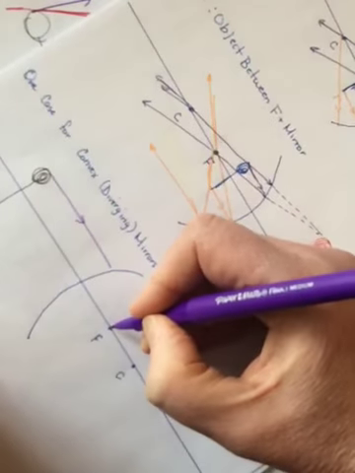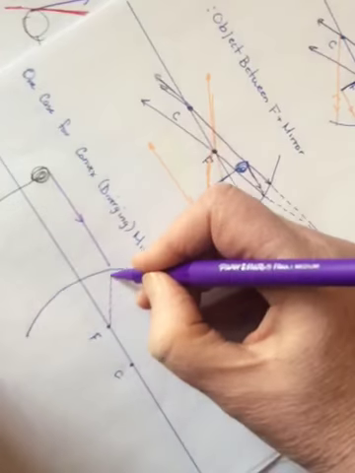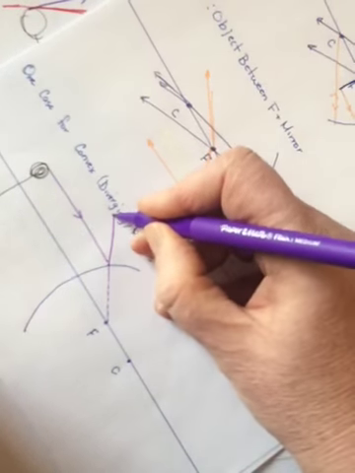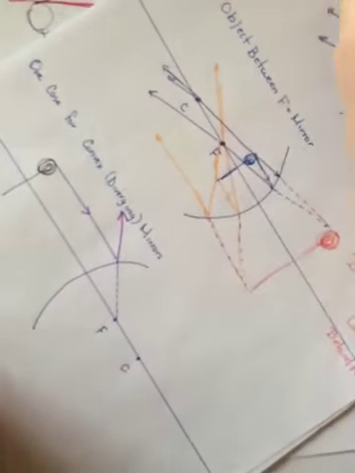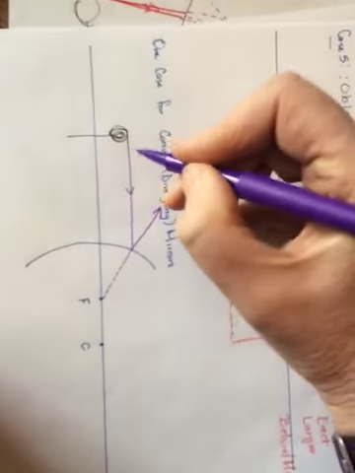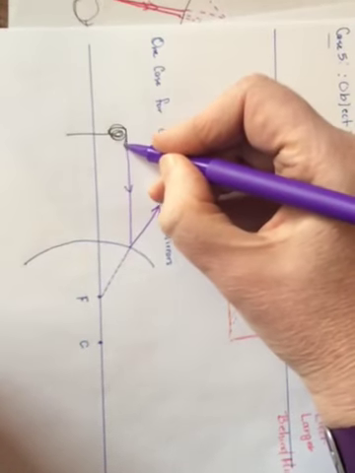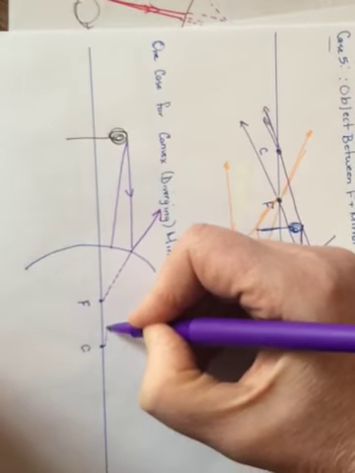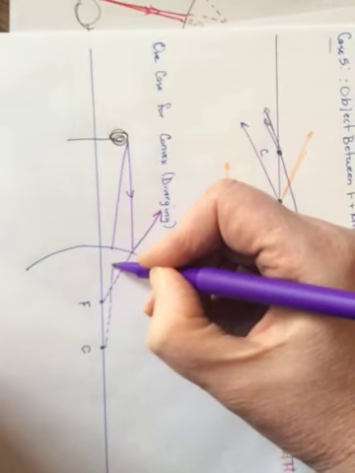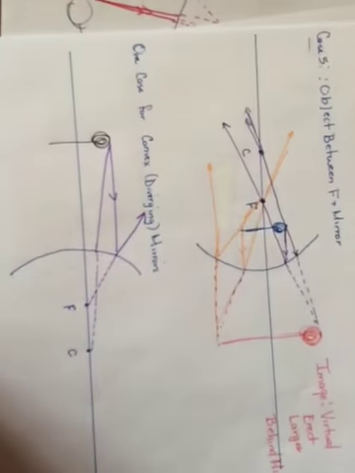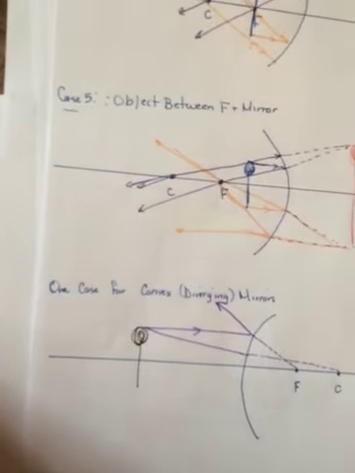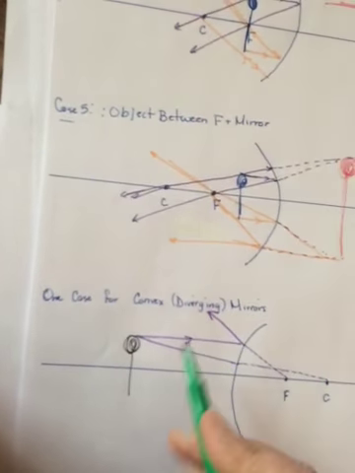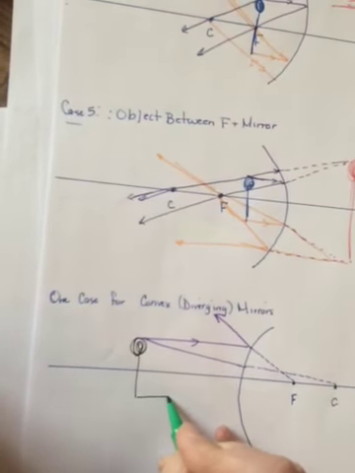We'll go out so that it looks like it's coming from F. And a ray coming in through C. And this one's really hard to do. Will get reflected in such a way that it will go back through C. From the bottom, a ray going in parallel to the,